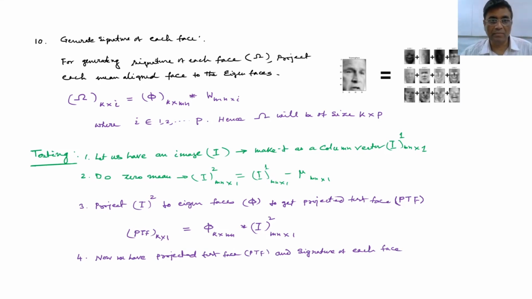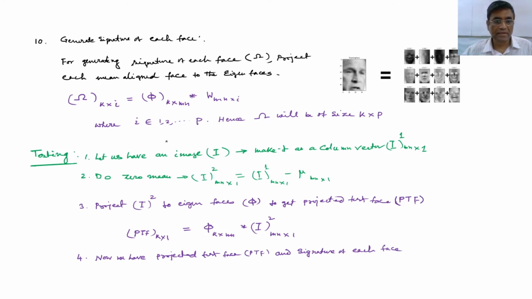So this is all about my training. Okay, so this is the training, and you see here I do not need any label data. This is one of the rare algorithms which you are studying, which is being trained in an unsupervised way, and PCA can be called a generative model, trained in an unsupervised way. So it is automatically getting trained. Whatever faces I have, mean aligned faces, I will just project them to the eigenfaces, okay, and I will